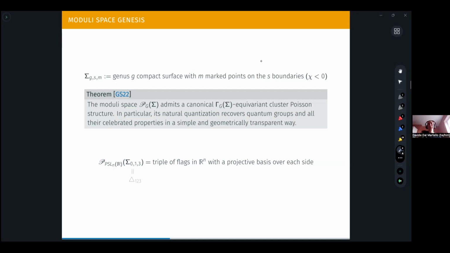Okay. And so yeah, as I was mentioning in the groups, the idea is that you realize the quantum group as a Hopf algebra in this theory, but not only that, like the existence of PBW bases, the existence of Chevalley generators, and even the idea of the R matrix, they all have a geometric interpretation within this moduli space. So really, in a single shot, in a very simple and geometrically transparent way, you realize the whole theory of